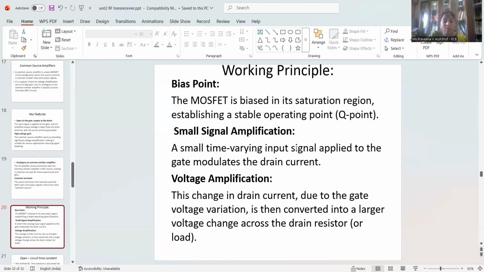The MOSFET is biased in the saturation region, that is the Q point. A small AC signal is applied to the gate. The gate voltage variation changes the drain current, and the drain current variation produces a large voltage across the drain resistor. That is, the amplified output voltage appears at the drain terminal. Okay, this is the overview, and let us see the open circuit